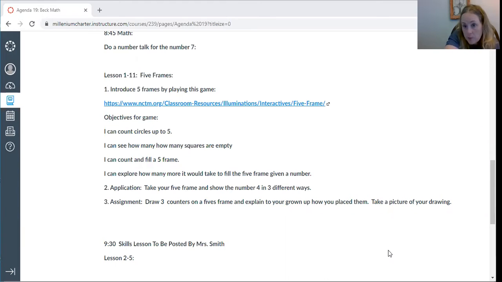So today, in our main lesson, we're going to be practicing a 5 frame. Now, you saw one the other day when you were filling this up. Down here at the bottom is a 5 frame. And we call it a 5 frame because it has 5 boxes. 1, 2, 3, 4, 5. And when we completely fill up a 5 frame, that will show us the number